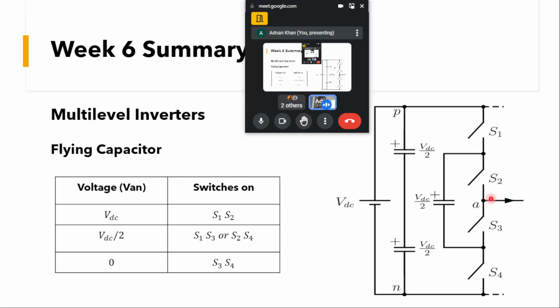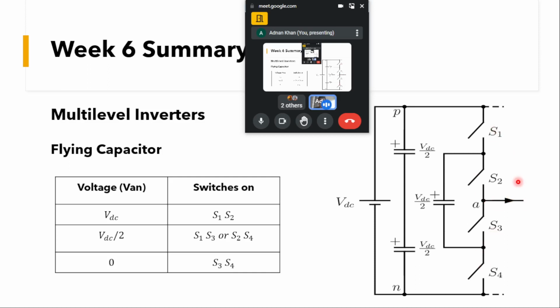When S1 and S3 are turned on, tracing this path from here, the current will flow in this direction through S1, then through this flying capacitor, then through S3 and through the load VAN. And you can see if we use the KVL here, we have this VDC by 2, VDC by 2, that will be equal to VDC, and it will subtract, then this will be minus VDC by 2, and what we will be getting at VAN is VDC by 2. And this is when the current is in this direction,